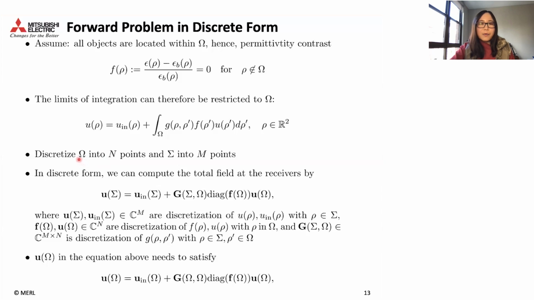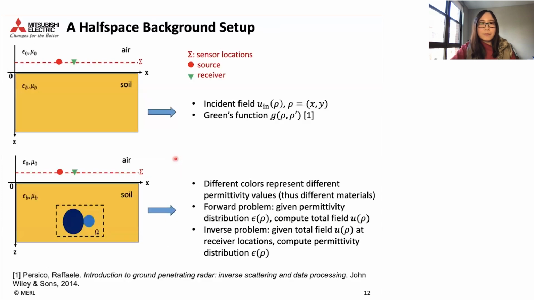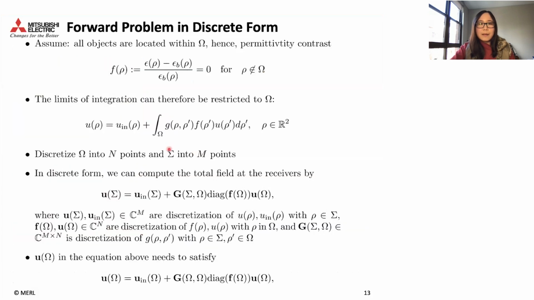Suppose that we discretize our computational domain into N points. And our sensor positions, we'll call this sigma. Suppose that we have M points where we put a sensor to record our data, and then we can discretize this